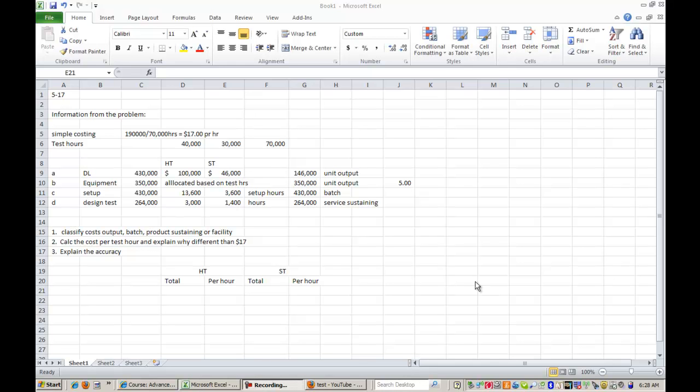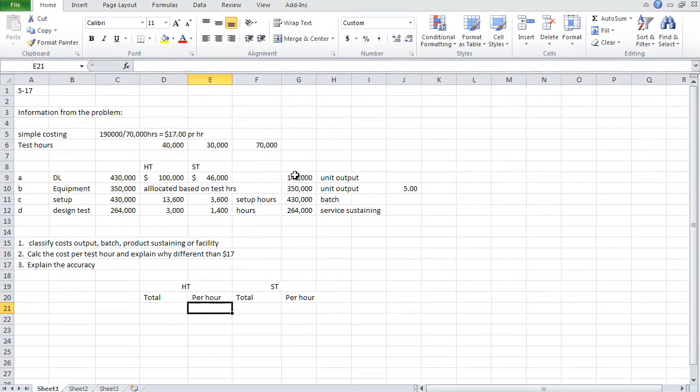We're going to walk through problem 517. So the first thing that I've done is I've laid out the information right here. And job 1 says classify our costs, so I actually put those in for us. So if we look up here for the direct labor and for the equipment, we're going to say that that's unit output. And the reason is that these costs are incurred on each unit of material that we're